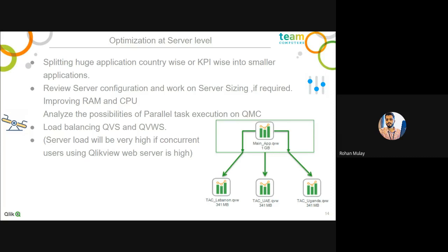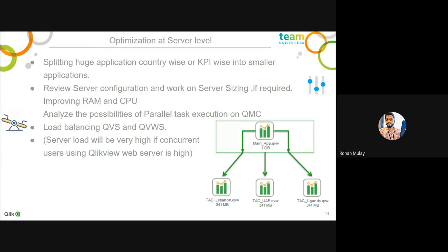And apart from that, if we have an application of 2 GB, we will try to split that application into smaller applications. Why? Because a 2 GB application, when it gets loaded into memory for the first user, will take around 4 to 10 times its size. If the application size is 1 GB, it will load into memory as 4 GB for the first user. And for subsequent users, the additional size is around 10% of that 4 GB.